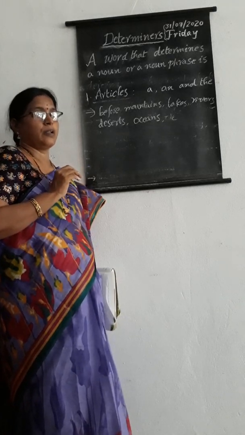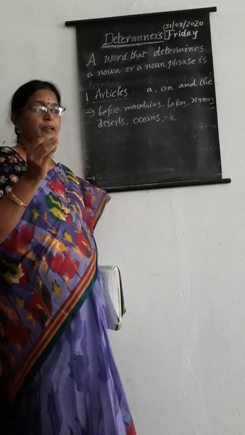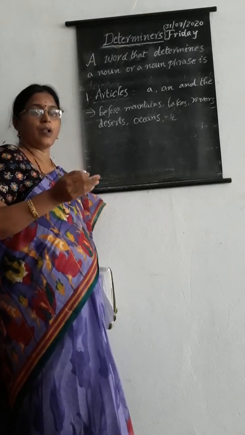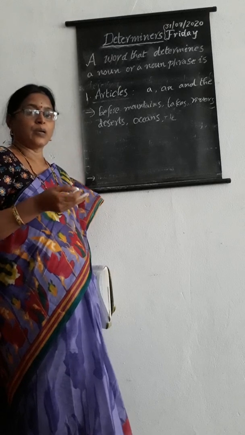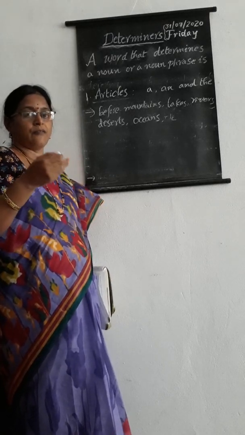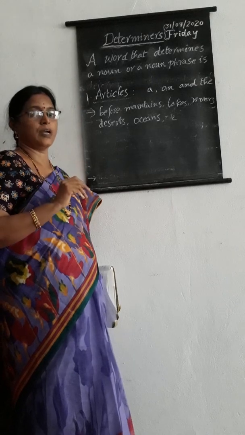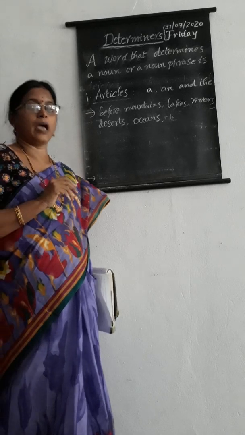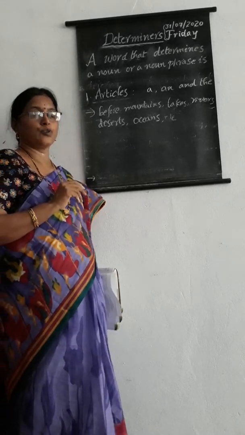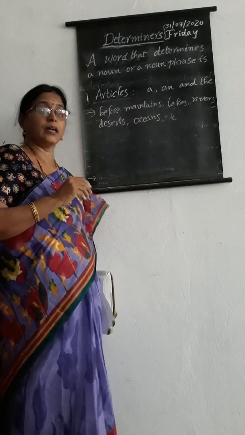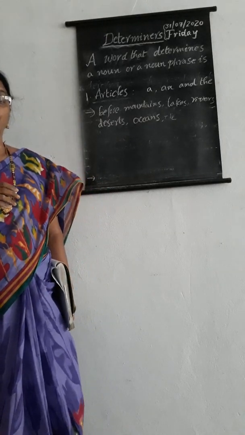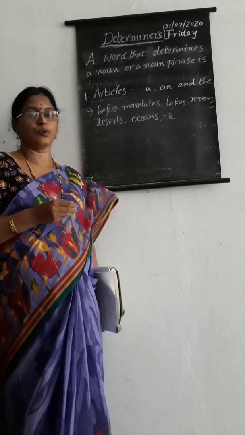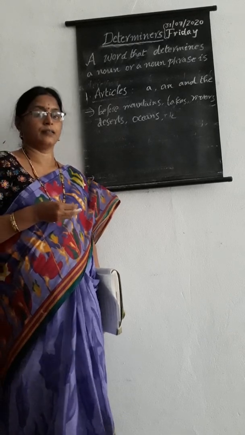Point number 2: first of all, when we use the indefinite article a before a noun, the second time we use the definite article the. For example, I have said already to you, once upon a time there was a king, the king had 7 sons. So second time we have to use the definite article the. Number 3, before superlative degrees we have to use the definite article the: the highest, the biggest, the tallest, the cleverest, the most useful book. In that way we have to use the definite article the before superlative degrees.